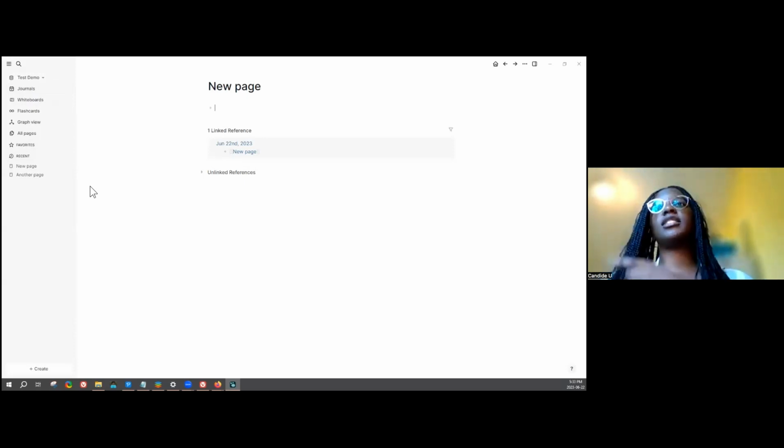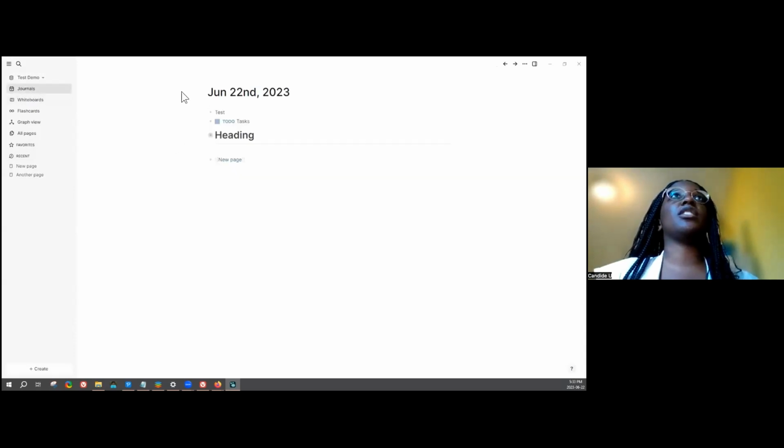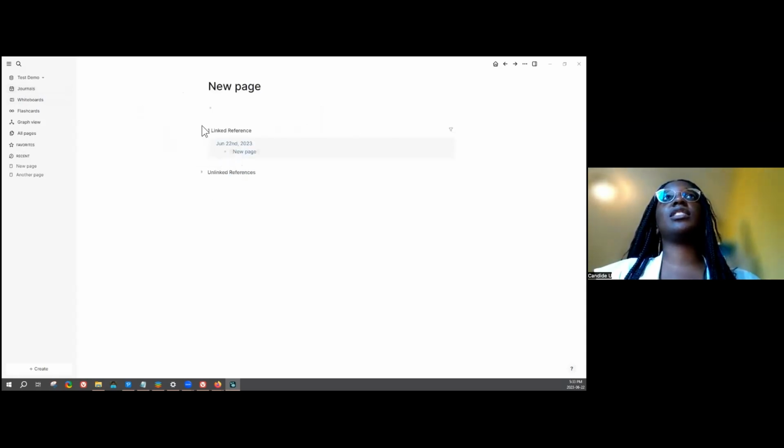The other nice thing about Logseq is the power of linking things. As you've seen, when you create a new page, you can navigate to it. I'll go back to my journal. You can hover over it and get a preview of what the page looks like, and then click on it to go. You'll see here a section called linked reference.